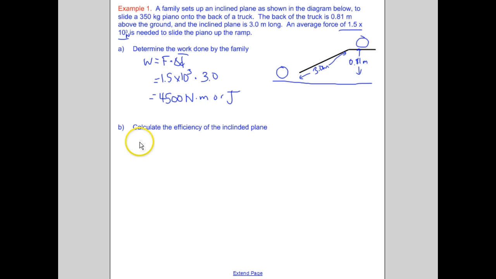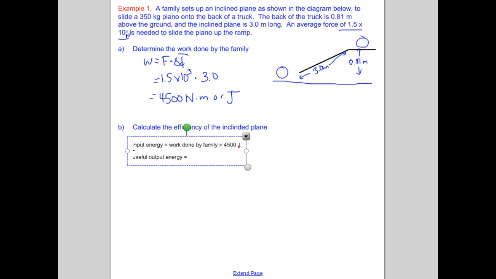So to determine which is which, our input energy is basically what work the family does to get it up there. Work done by family. And that's what we just calculated in step 1. So that was 4,500 joules. Our output, our useful output energy,